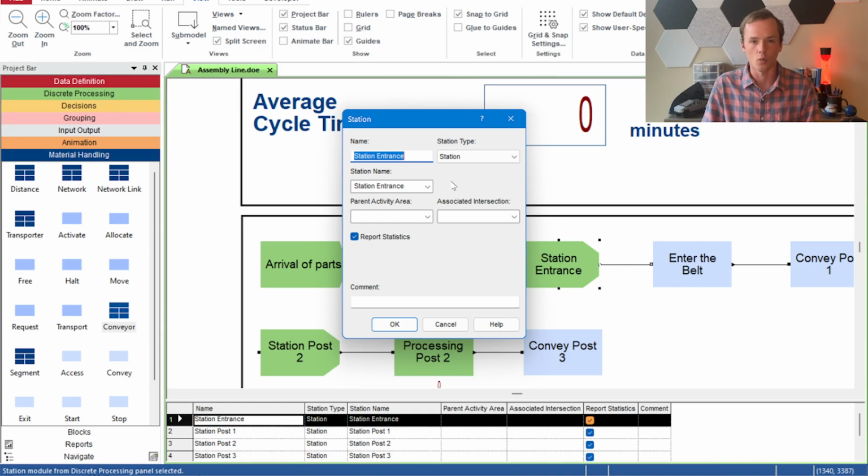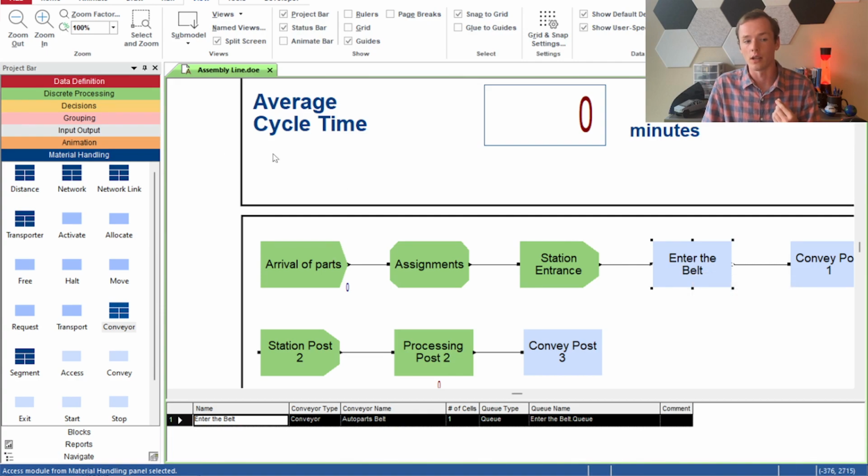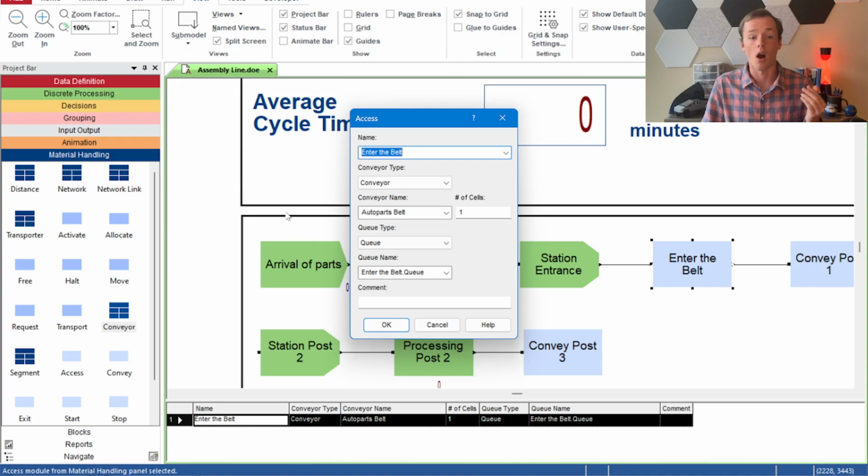You could name it station 1, station Paul, whatever you really wanted to name it. This is combined with a material handling block right here, so blue is in the material handling section, and this is an access module to get onto a conveyor. Conveyors do get pretty complicated. We're not going to go too much into detail right now, but we've given this a name, auto parts belt,